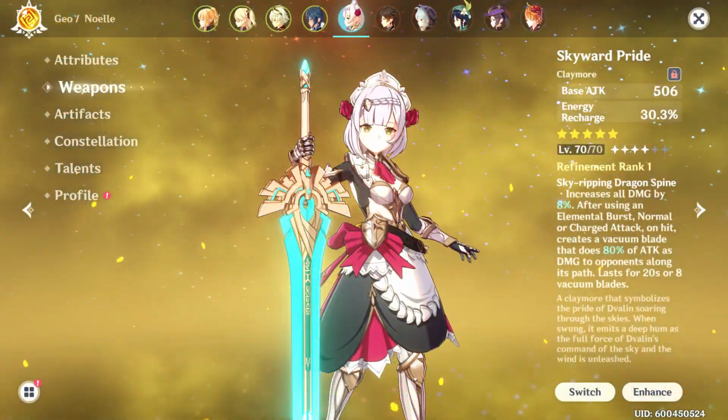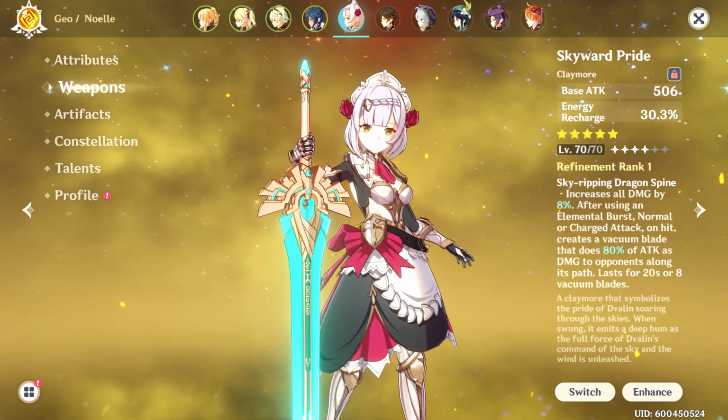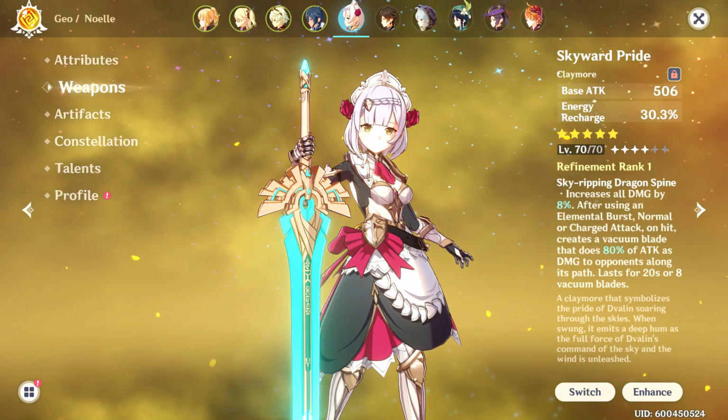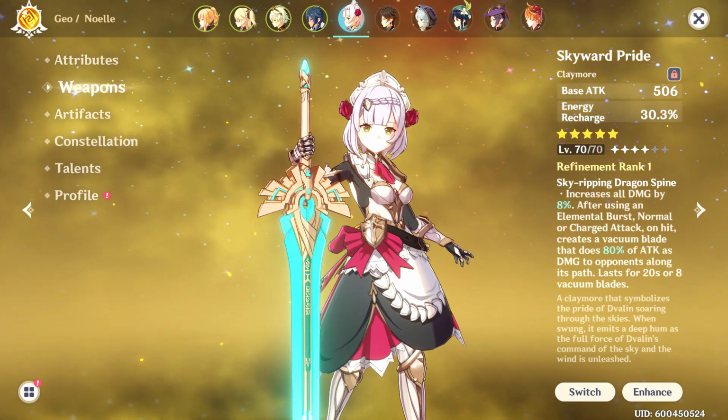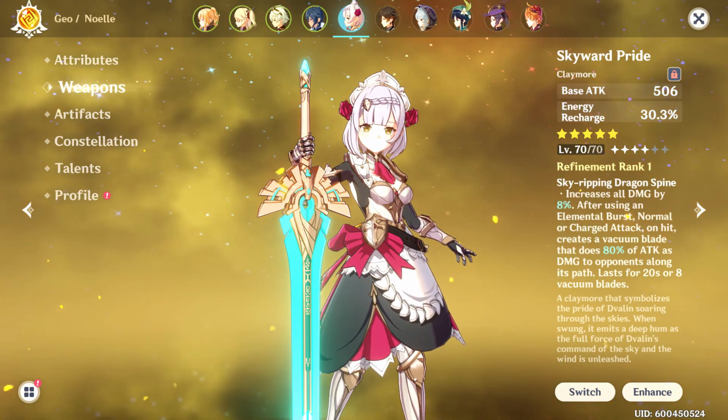For my pay-to-win players, the Skyward Pride 5-star Claymore is fantastic for this build. It offers plenty of energy recharge percent, not as much as the Favonius, but still quite a bit. Instead of the extra energy recharge, it comes with an incredibly useful weapon skill that is sure to do more